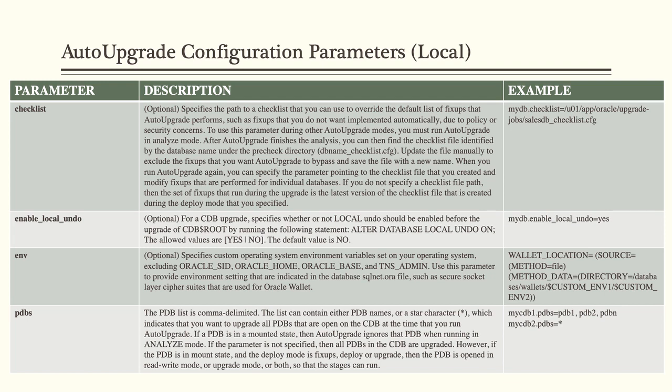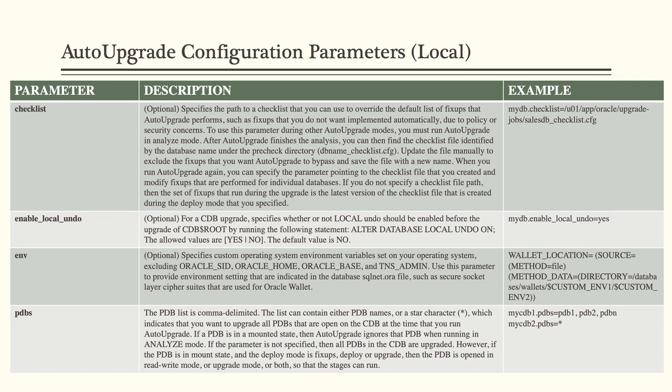pluggable databases to use their own local undo instead of using one big undo tablespace at the CDB level. Remember, this change I believe was introduced in 12C release 2. Otherwise, when container databases were released in 12C release 1, there used to be one common undo tablespace for all the pluggable databases inside a CDB. Now that's not the case. You have a choice, and the recommended way is also the new way, that means let every pluggable database have its own local undo. So if there are 4 pluggable databases in your CDB, each one will have an undo tablespace of its own, so 4 undo tablespaces that way, and the container database will have its own undo tablespace for its own usage.